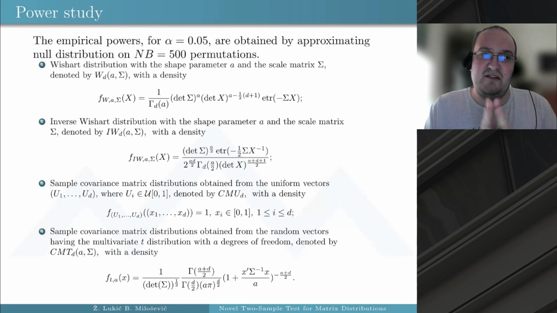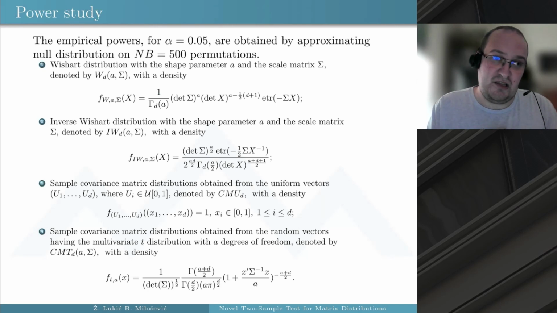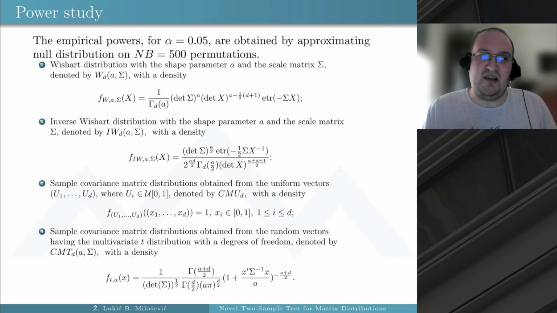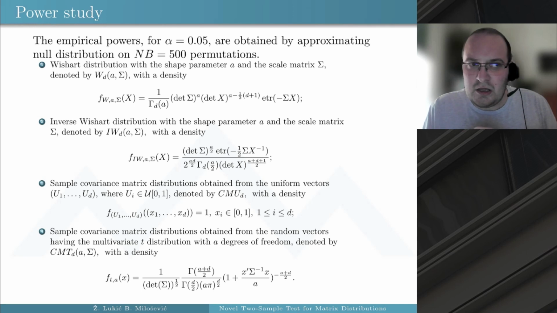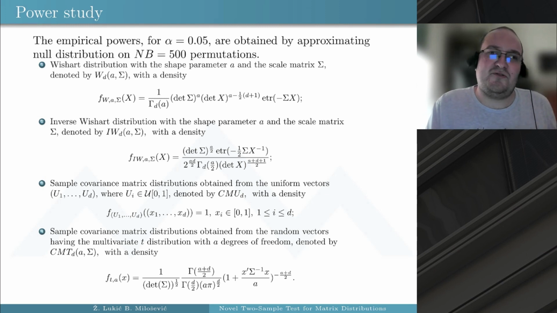We have conducted also a small power study. In this case, the alternative is constructed as first K observations come from a specific distribution, while the other n minus K come from a different distribution. In here, we have used 500 permutations to simulate the values under null hypothesis, since this test is not distribution